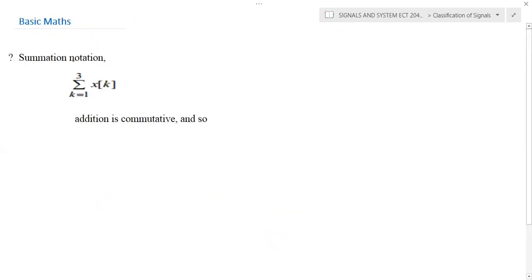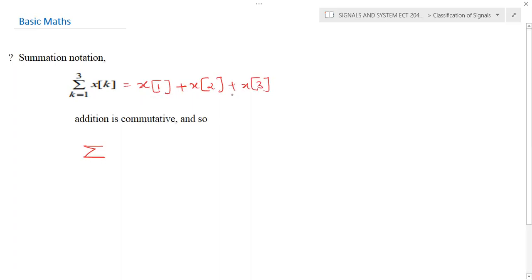So now we'll see how you will approach the summation formula. When you discuss discrete time signals, you usually use this notation sigma, and you are comfortable with integration, but you should also know how to approach the sigma values. When it is sigma, it means you need to substitute k equal to 1 to 3, that is, the value of k is ranging from 1 to 3 of x of k. So you need to substitute k equal to 1 first, plus x of 2, plus, as k is ranging from 1 to 3, we need to write x of 3. So this is the expression.